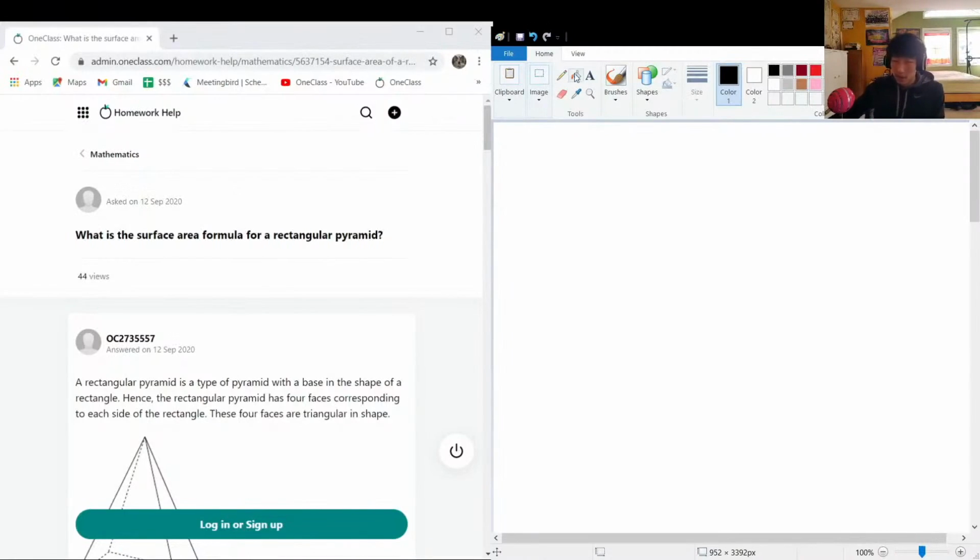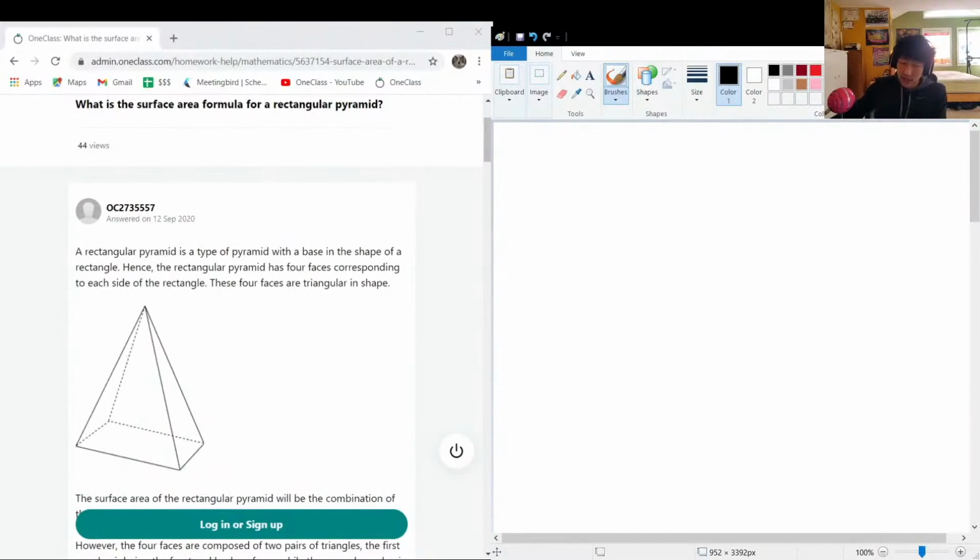Okay, so the next question that we have on the menu today is asking us, how do we find the surface area of a rectangular prism? Okay, and what is a rectangular prism? Let's start there. So a rectangular prism is a shape that looks like this, and we're trying to find the